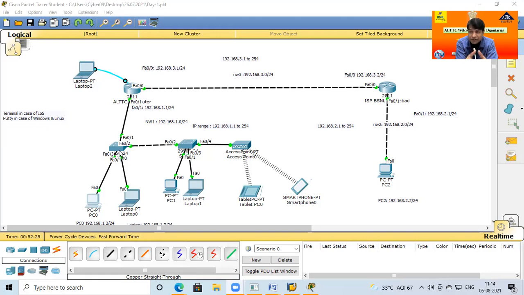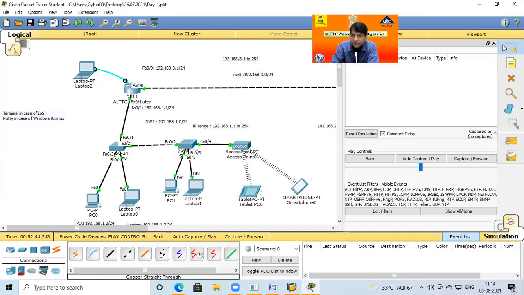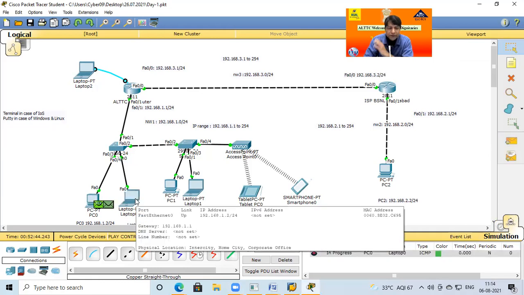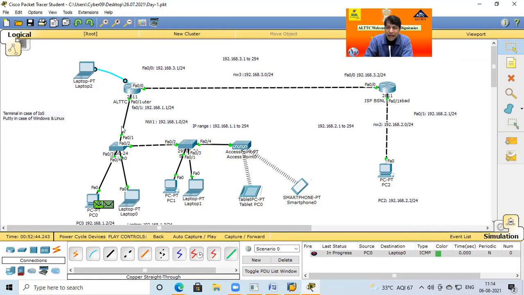The same scenario is applicable in a communication system. The first time doesn't matter, whether switch or hub. If I want to send a packet from PC0 to Laptop0 for the first time, you can use either a switch or a hub, there is no problem, because both don't know who the laptop is or where the laptop is. In this case, this device, either switch or hub, broadcasts the message to every device.